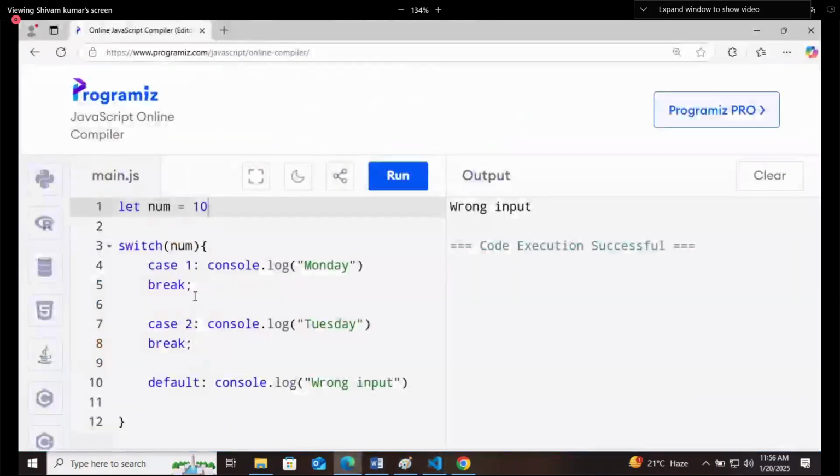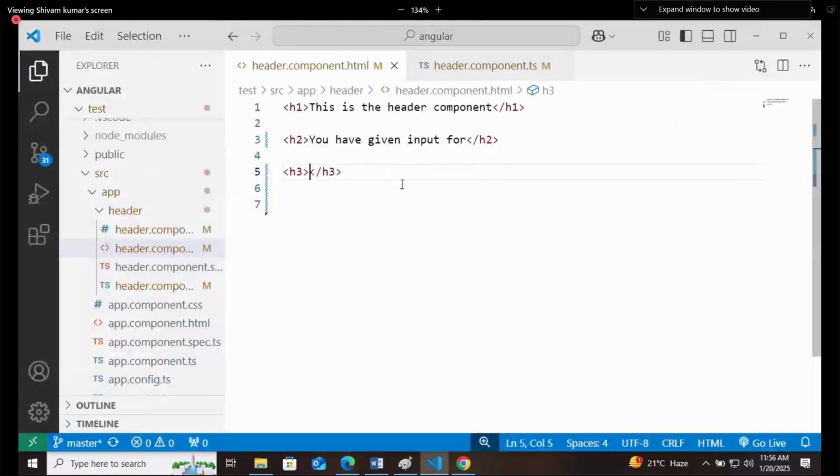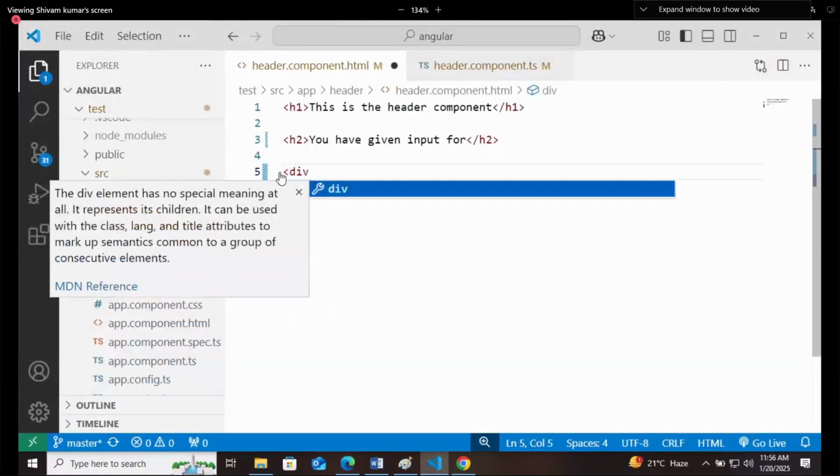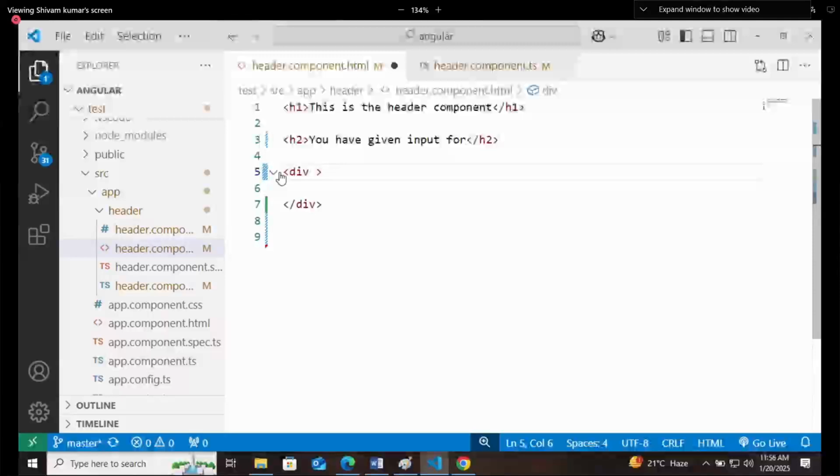This is the switch case. How many things does it have? First is the switch function, then cases. That's how you use it here also. For that I will create a div at first.